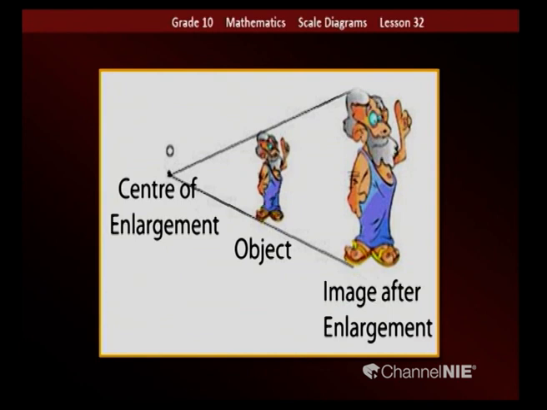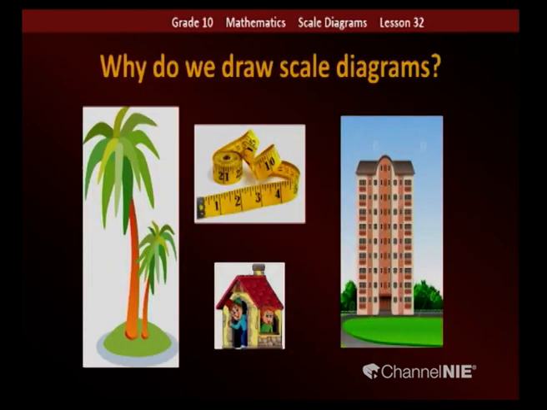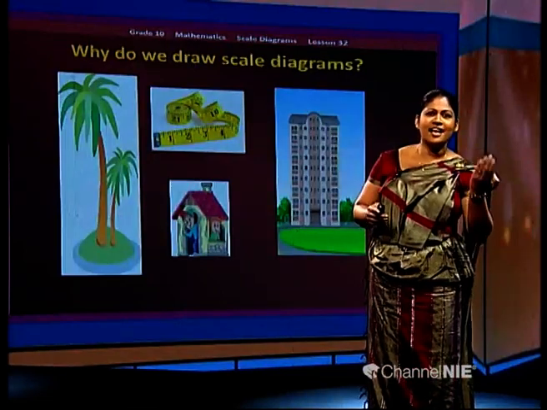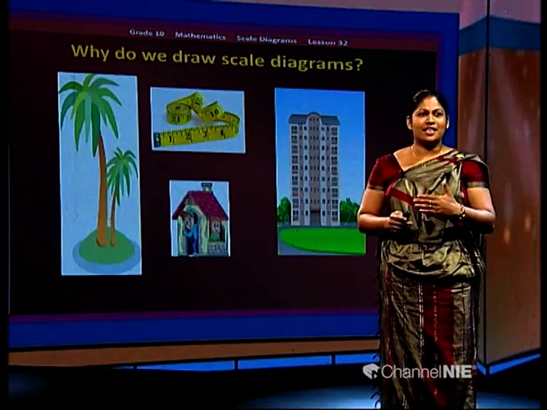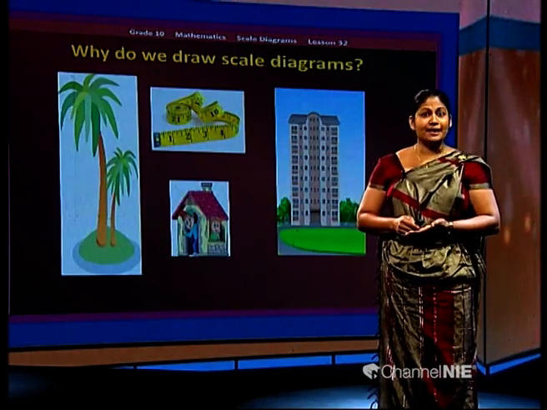On the other way, if the object is tiny or a small one, can you draw on a piece of paper? No, it is impossible. We can't observe. So what shall we do? We have to enlarge that one. That we say scale drawing. You know how to draw the scale diagrams in the horizontal plane. You learnt in grade 9. Okay, now we are going to draw scale diagrams in the vertical plane.